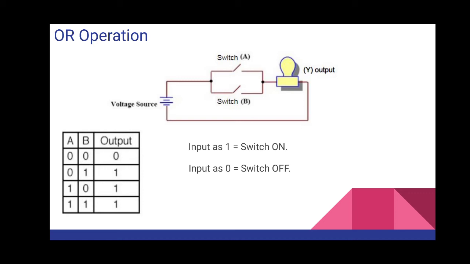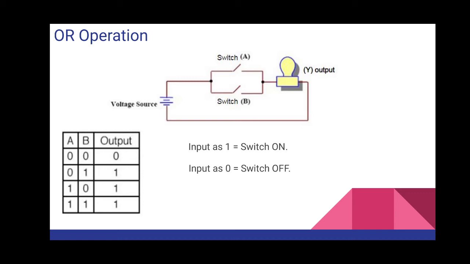So we will see what OR operation generally means. OR means you have to have at least one input as true. In the previous condition, what was that? That you have to have both the inputs or both the conditions true, then only you will get the output as true. Agree? Now for OR operation, it will give us output as true even if any single condition is true. So let us understand with the truth table. Again, there are two conditions, that is A and B. You can treat them as two inputs.